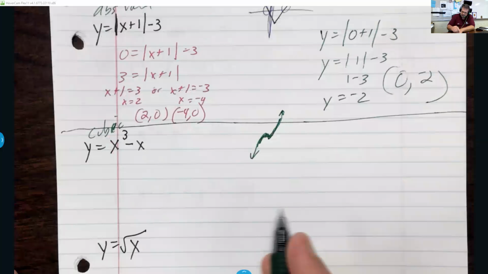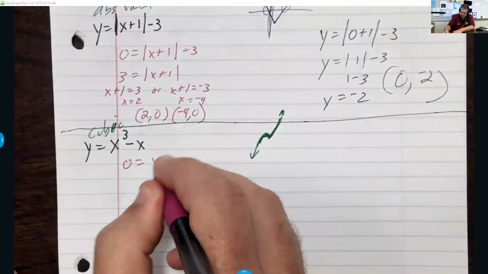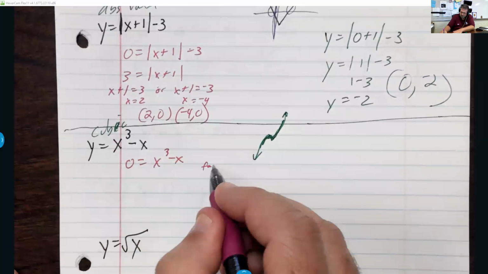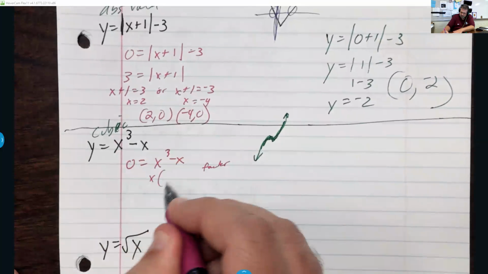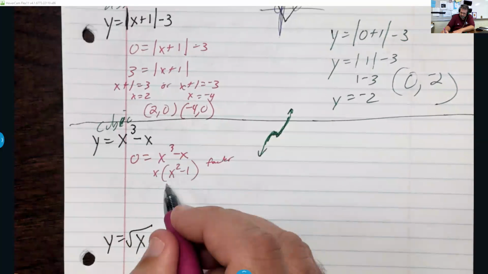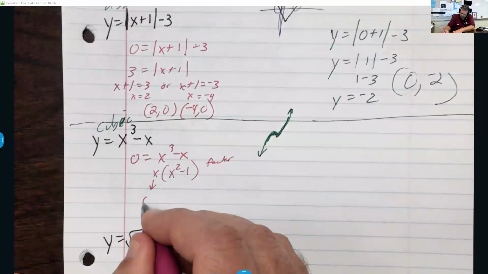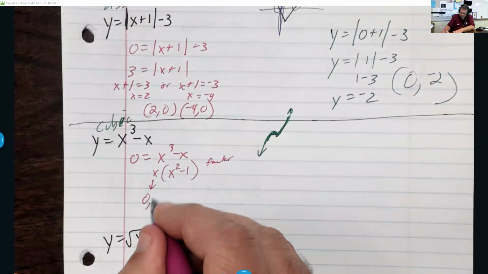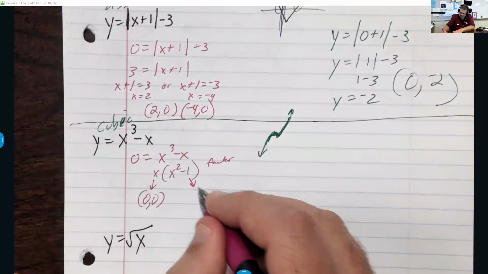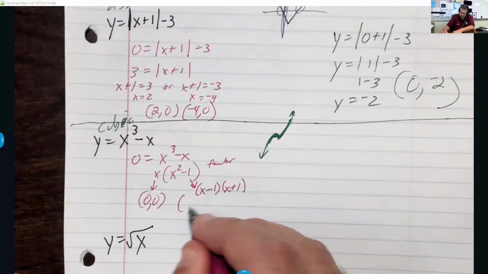All right, now let's follow our rules. We're going to put 0 in for y. Now this one takes a little bit more room because we're going to have to do some work. We're going to have to factor. So we're going to take out an x, which is going to give me x squared minus 1, which is going to give me a value at 0, a 0, 0 x-intercept. If I factor it farther, it's x minus 1, x plus 1, which is going to give me